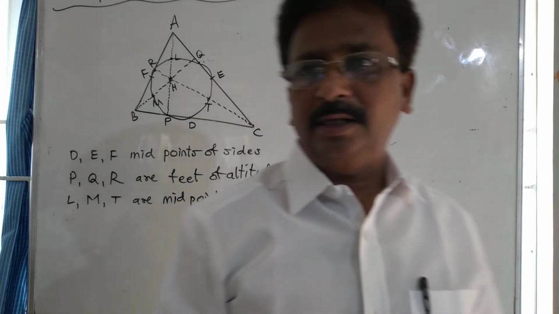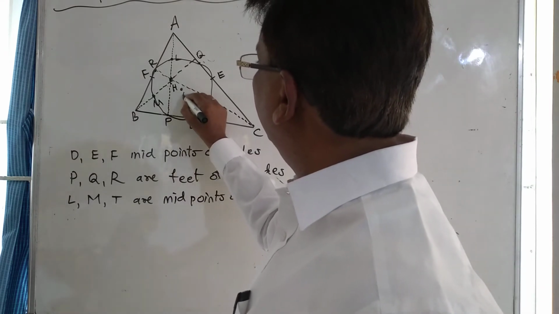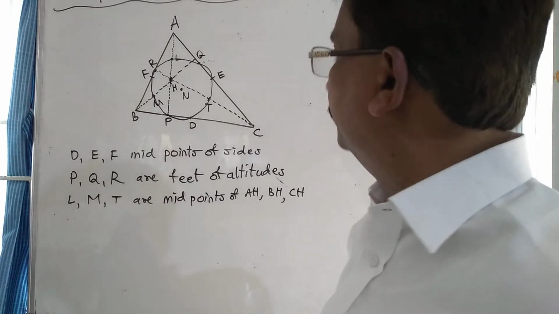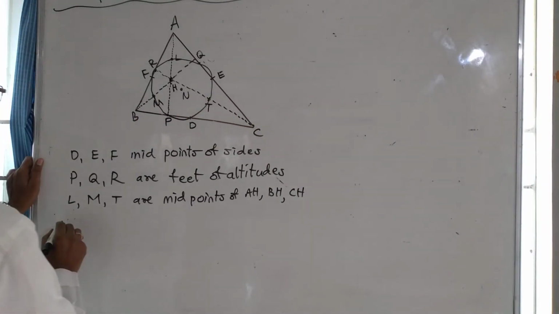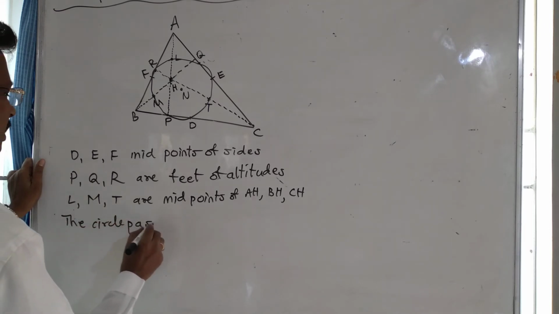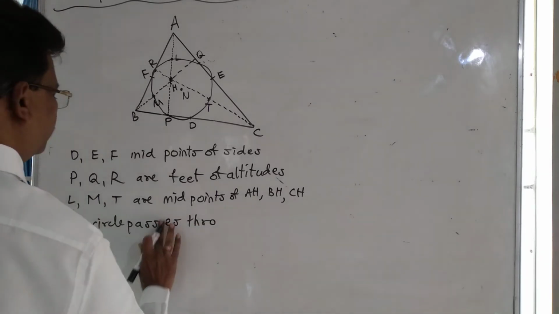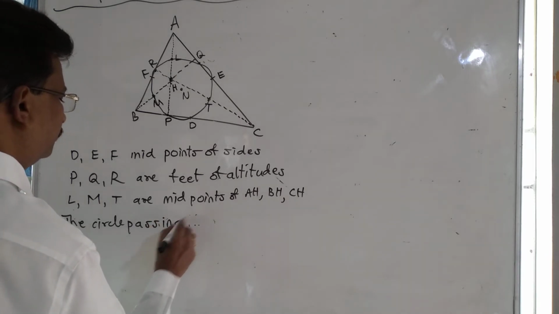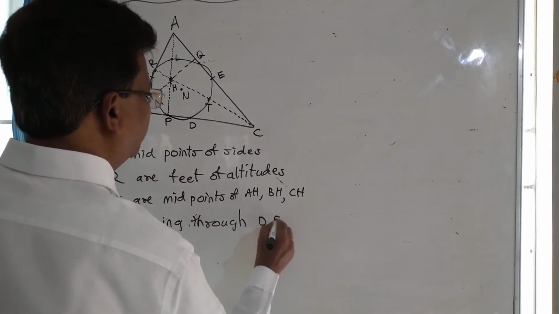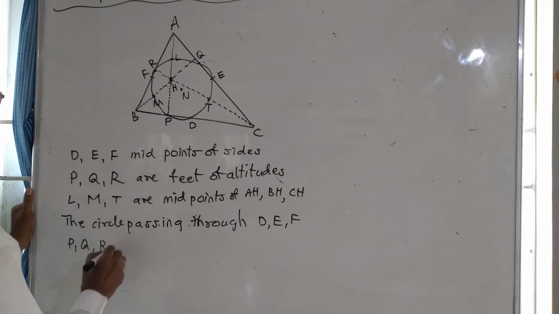A circle, we have drawn a circle. It has a center. That center is called the center of the 9-point circle. So the circle passing through D, E, F, P, Q, R, L, M, T